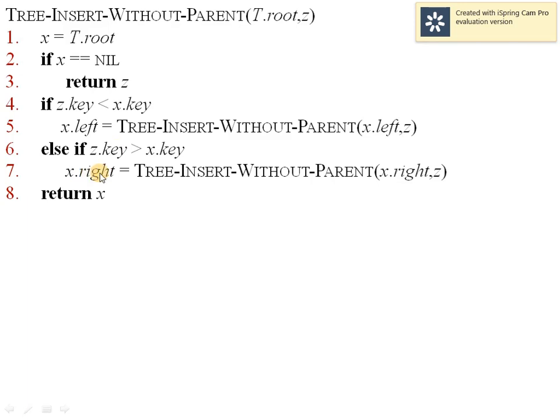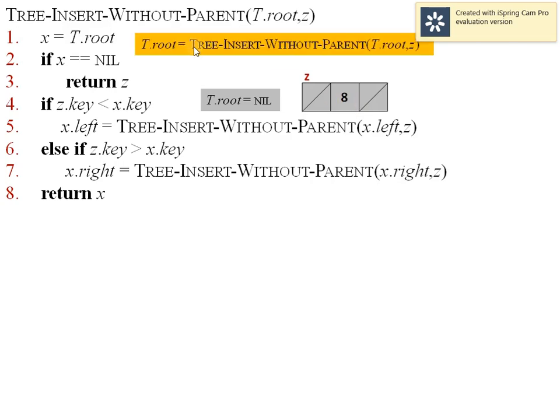We will try to execute it on the same example as we have done with the earlier procedure. So initially root will be equal to null, and let's say we are trying to insert a new node that is z. So we have taken a memory and initialized both its pointers to null, and 8 is the data element which we are trying to insert. So first step, we have to call this procedure. So we have written t dot root. Within the calling function, we have to write this line: t dot root equals function t dot root comma z. So here we are actually calling null comma this node.